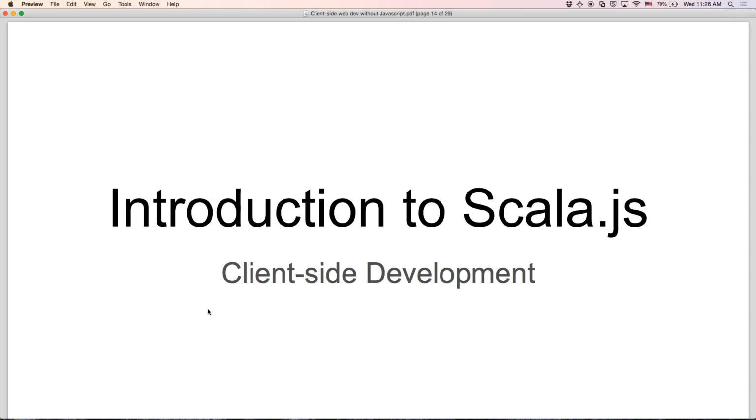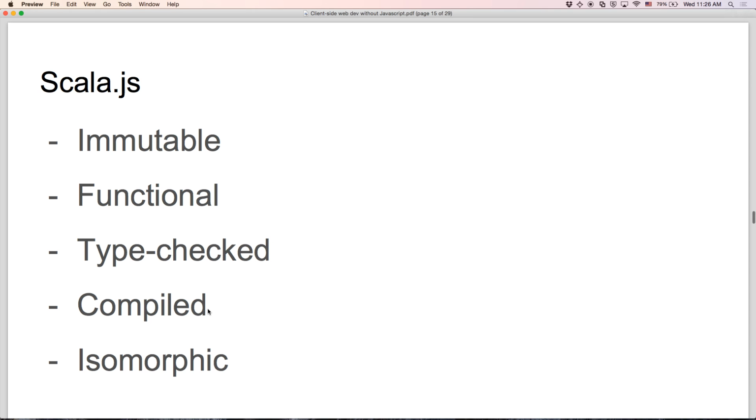So if Scala looks so much like JavaScript, but is actually a whole new language, then why should you care about using Scala in the web browser? Like, isn't this all just a waste of time changing variables, changing keywords around? So Scala.js